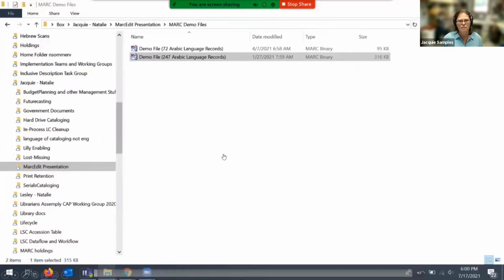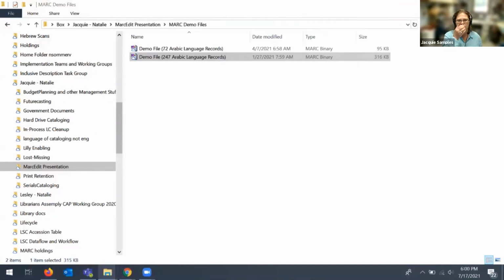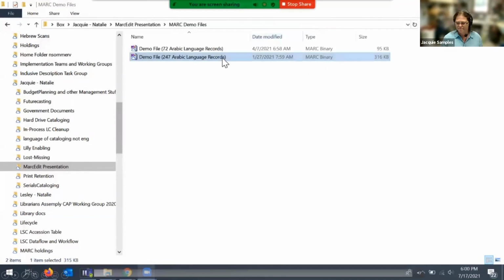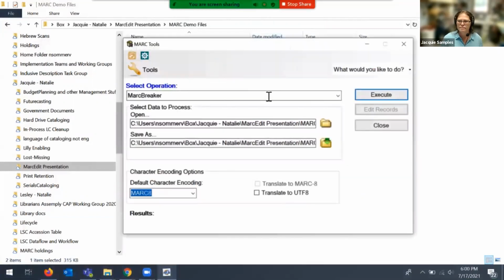From the File Explorer, I have navigated to the directory where my .mrc file is saved. To open it, I'll double-click on the file and launch MarcEdit's MarcBreaker tool. Duke University Libraries ILS requires the default character encoding for MARC files to be UTF-8.